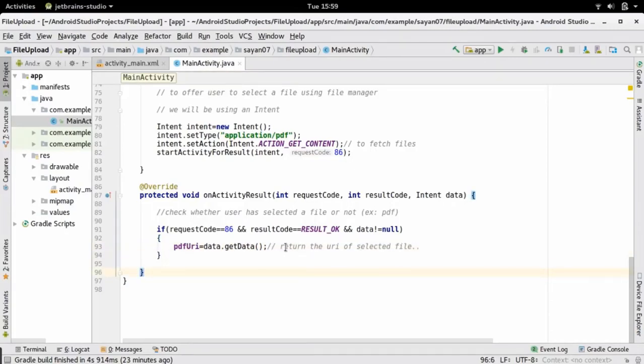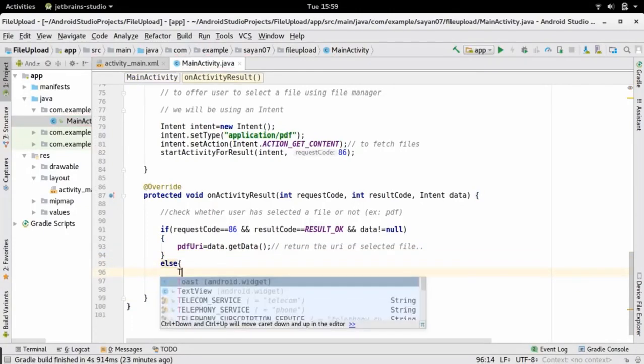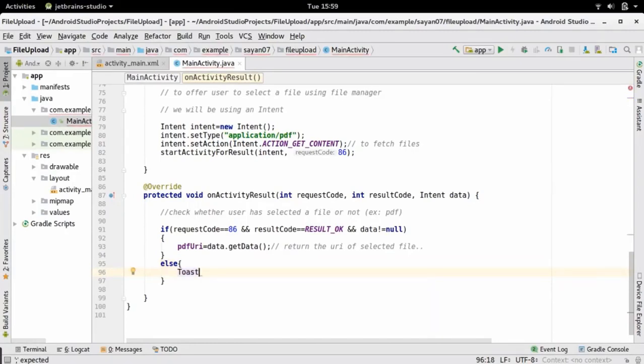So we are going to again check for the else condition. So we are going to write Toast.makeText. We are going to display a message to the user. The first parameter will be the current context. The second parameter will be a message.